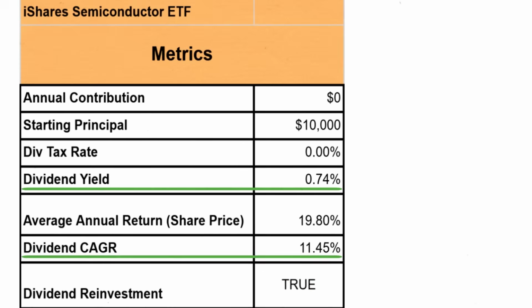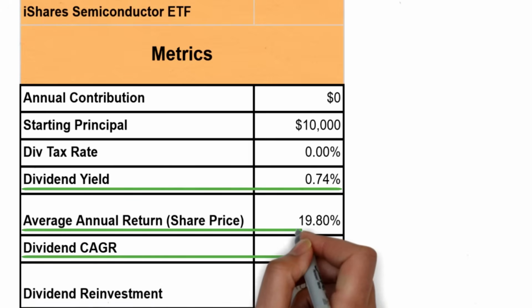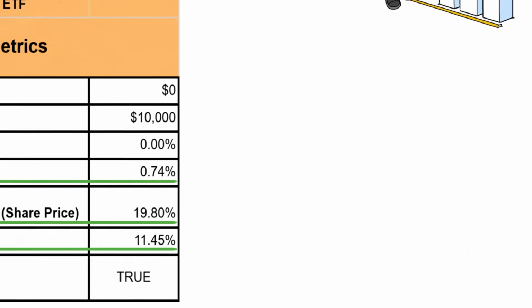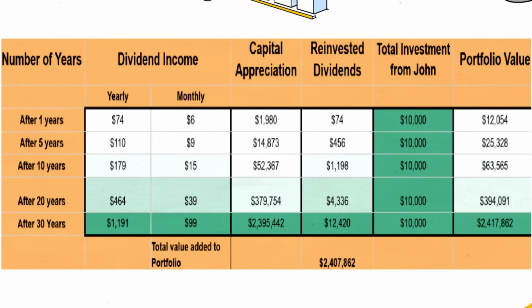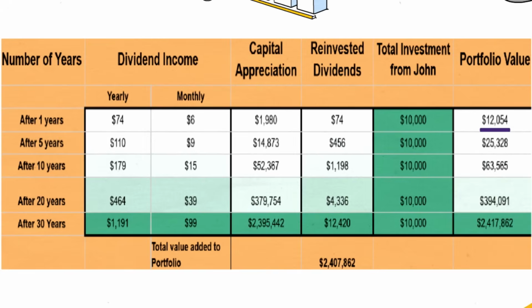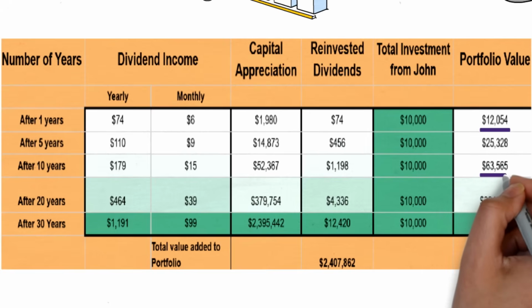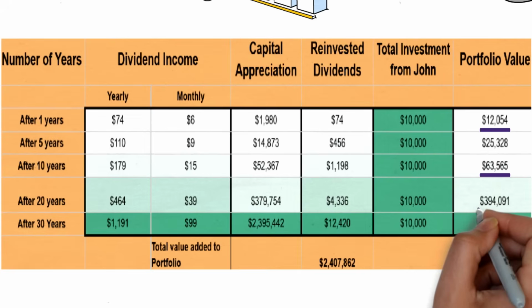More importantly, the share price itself also sees an average annual rise of 19.8%. Based on these metrics, let's see how John's $10,000 investment would perform in the iShares Semiconductor ETF over time. After 1 year, John's portfolio would grow to $12,054. By the 10th year, his investment would reach $63,565. In 20 years, the portfolio would increase to